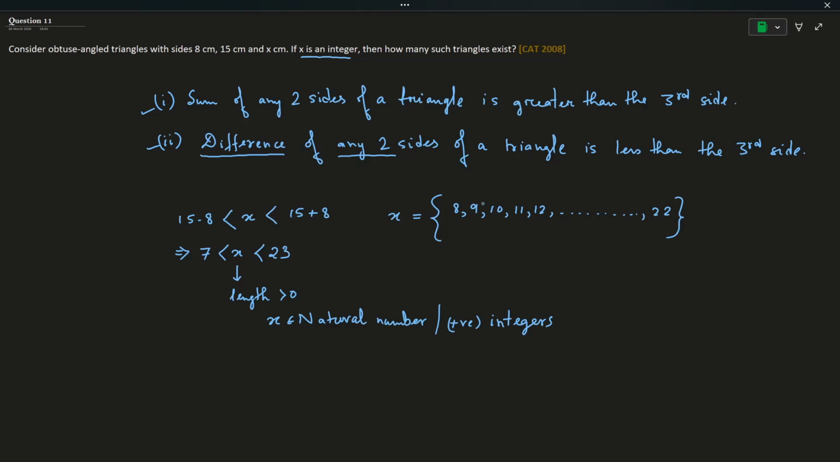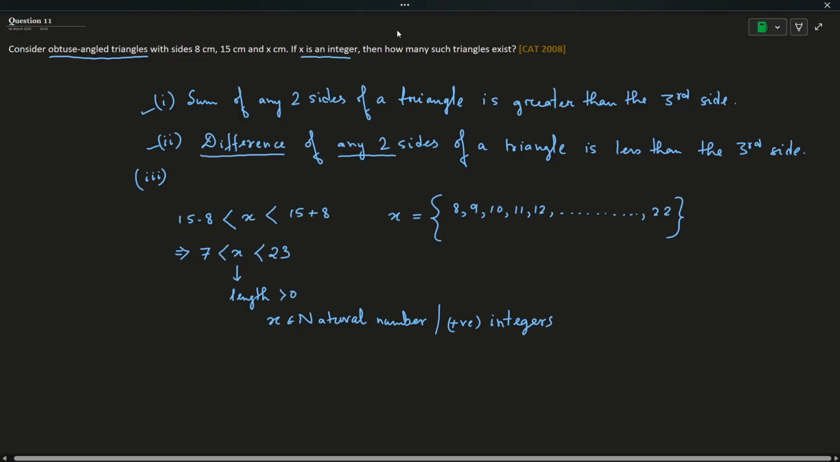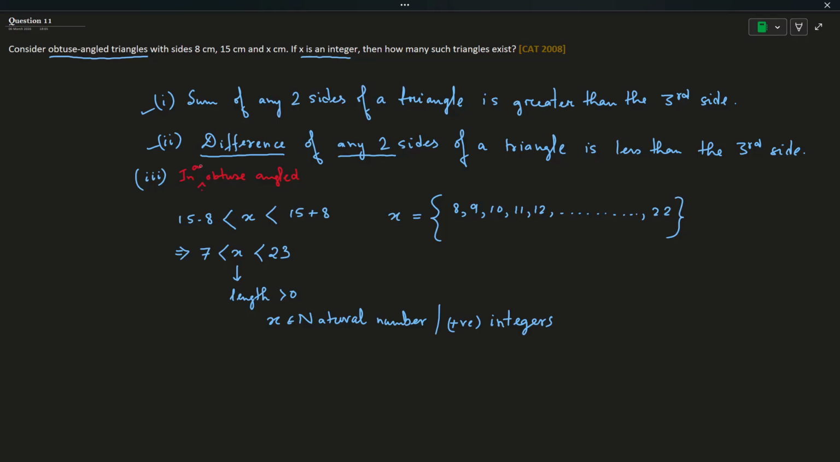But what is the question? The question is about an obtuse angle triangle, guys. So now we have to use another property, a third property here, and this is a very important property. In an obtuse angle triangle, the third side, or I would say third side is not the correct term,